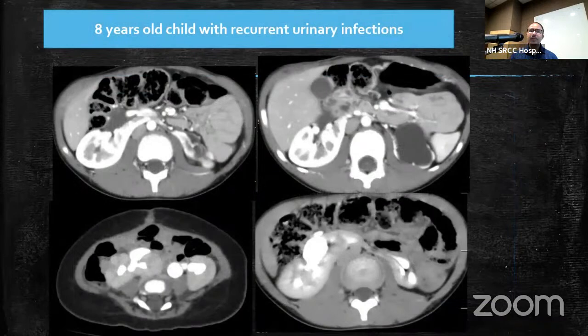So here is one child. Just wanted to show a few case examples of how CT helps. An 8-year-old child who had recurrent urinary infection, and what we are seeing here is that generally the renal hilum is placed medially towards the psoas muscle, but here you can see that both kidneys are showing the renal hilum, that is the renal pelvis area,